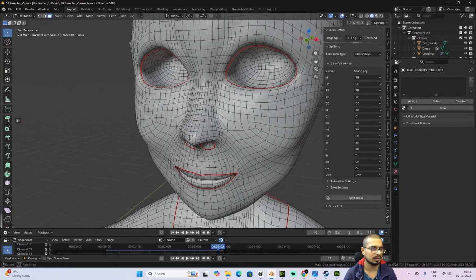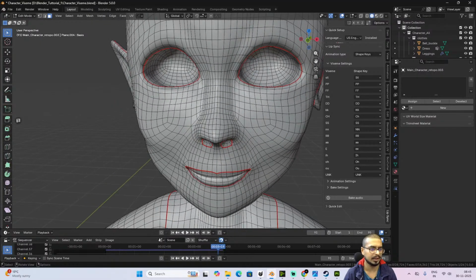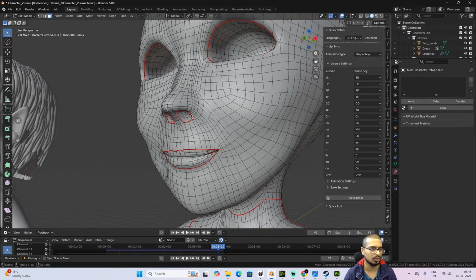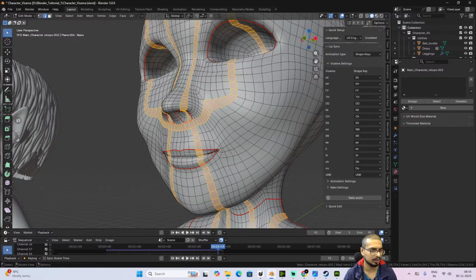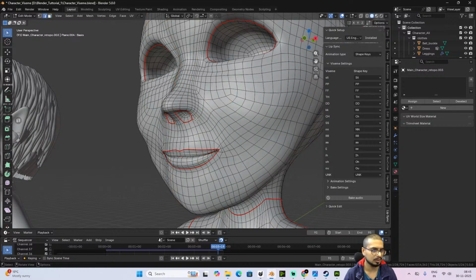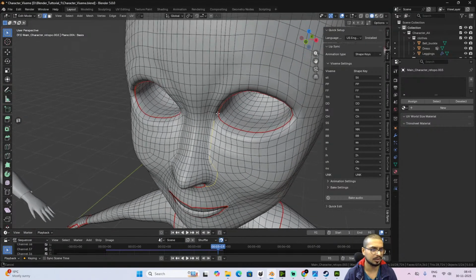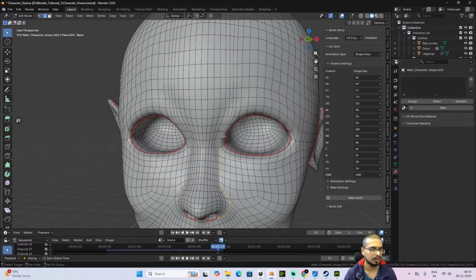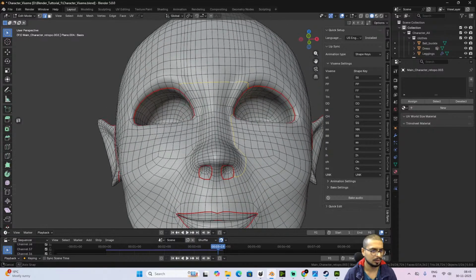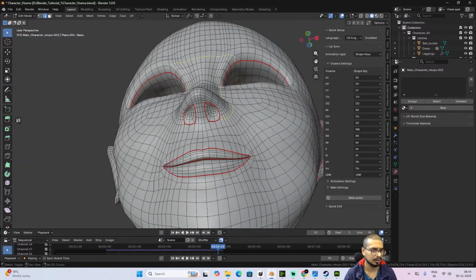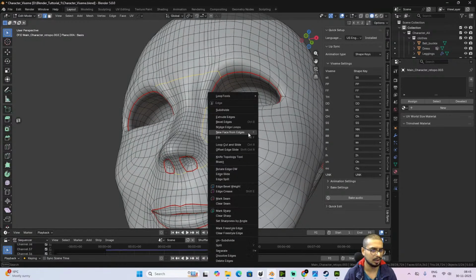I want to have better UVs for the nose. So I'll be adding some extra seams. Somewhat like this, and I'll be connecting these as well. I'll mark seams,